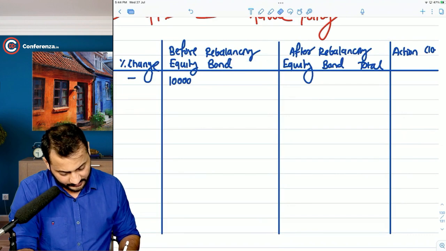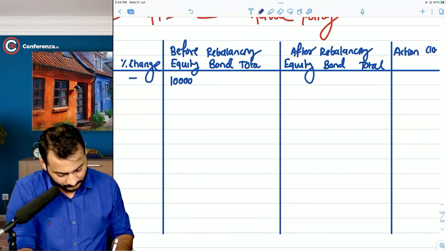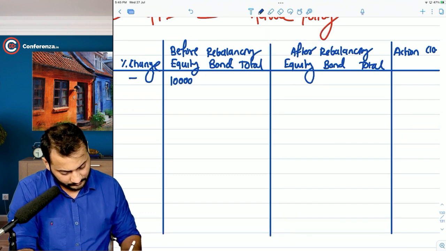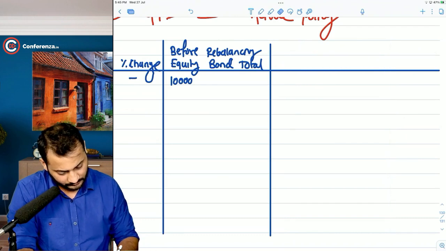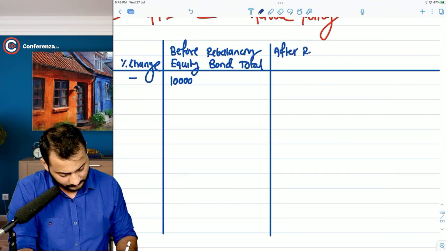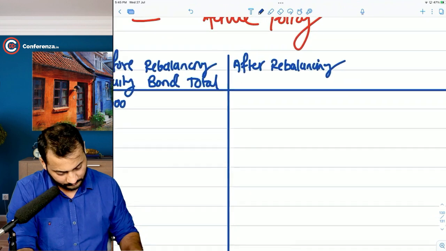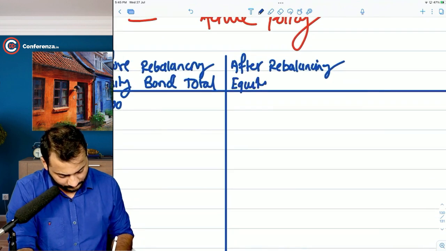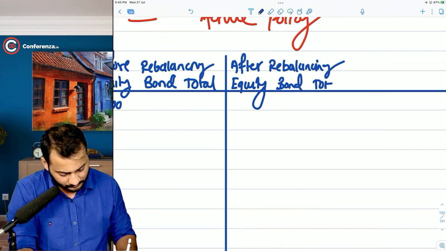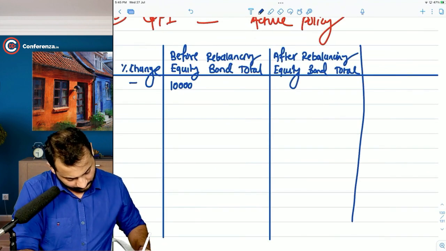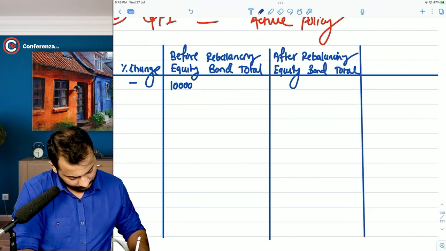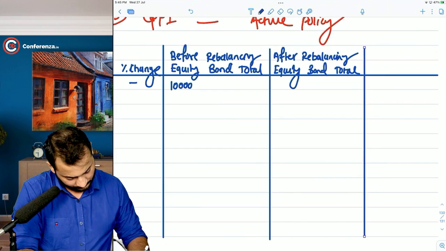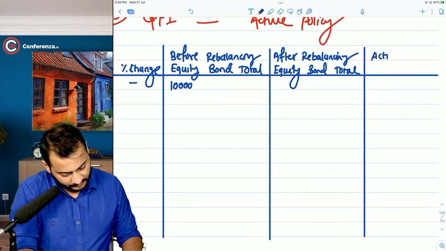Let me just reduce the space. Equity, bond, total. Action and closing